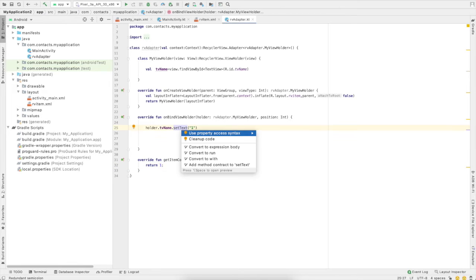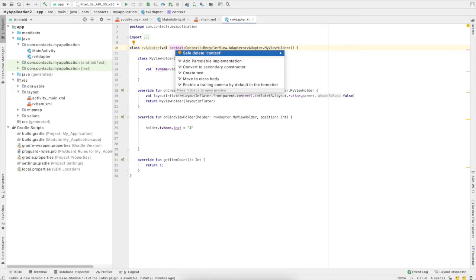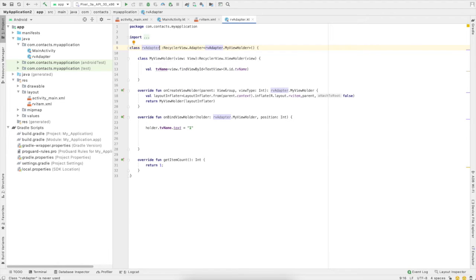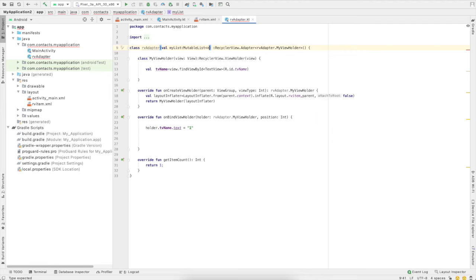If I want to pass the data dynamically, then what I have to do is, I have already created a constructor in it, right? So I have created a context constructor over here. Currently we don't need that constructor, so I can delete it. So we can pass a constructor like val my list, and you can pass it as a mutable list. Okay, mutable list of integer.